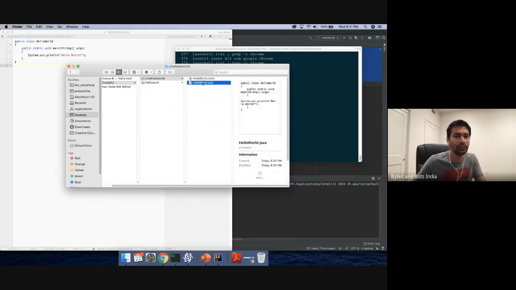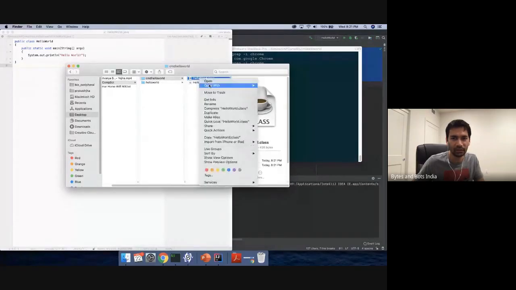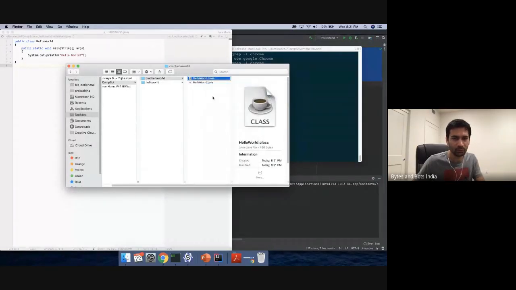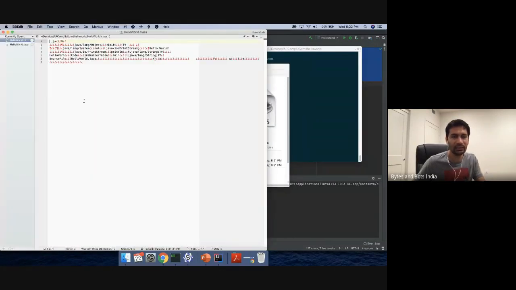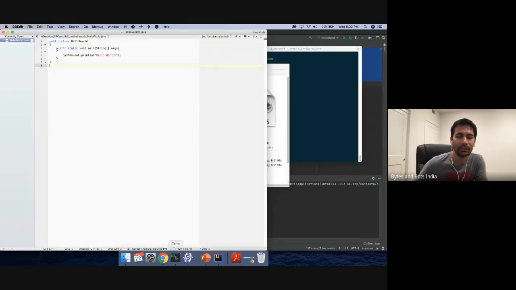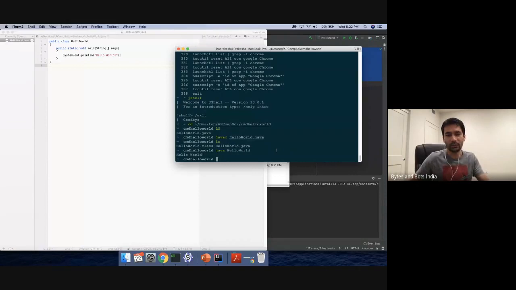You can open the HelloWorld file and you see it's English, but if you open the class file in a notepad as an example, you'll see it's some garbage information. It's something that we can't understand, but the JVM definitely understands. So that's what the Java class file is. And if we need to run that, we just do a java HelloWorld, and it prints hello world right there. This is a very simple Java program.